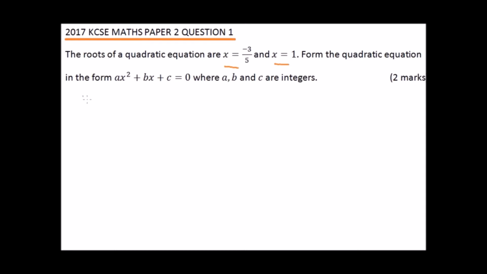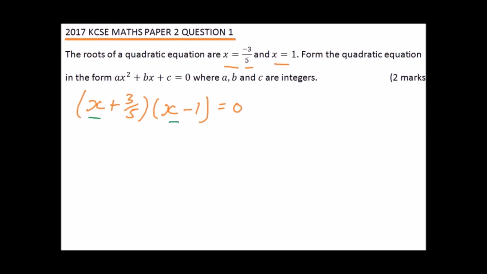factors that were derived from these roots were x plus 3 over 5, close the bracket, and x minus 1 equals 0. This is because we are going in reverse of factorization. If you say x equals minus 3 over 5, the factor is x plus 3 over 5, and the other root is x equals 1. So we multiply this: x multiply by x,